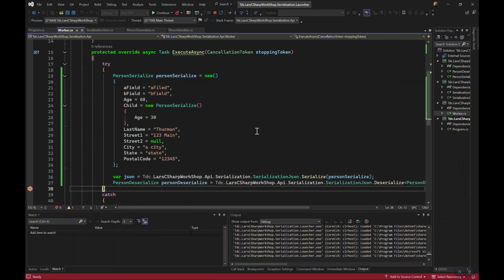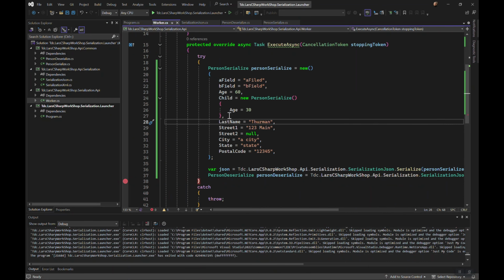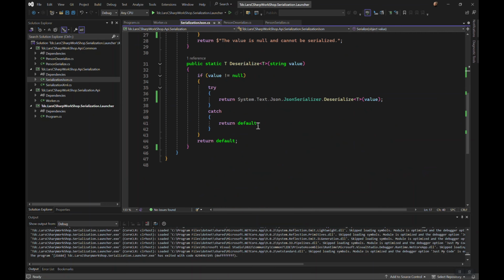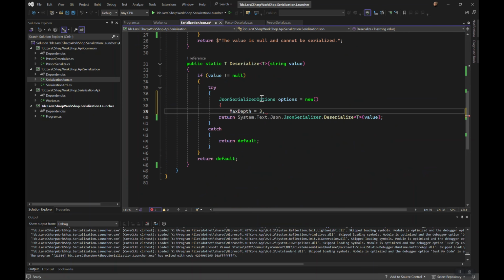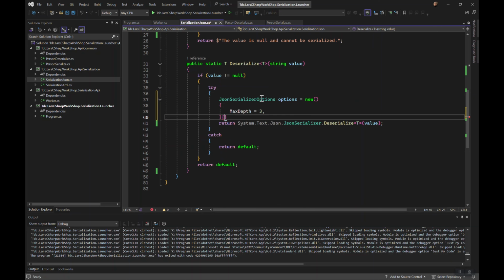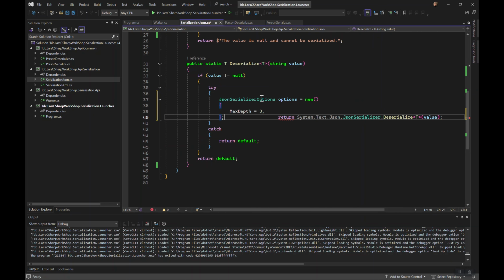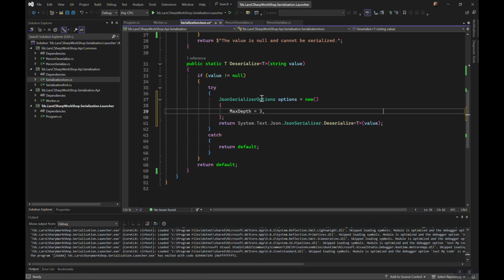The best advice I can give you if you're having any problems with MaxDepth, and that's why you came here to figure this out, is to keep increasing it one number at a time until you get to proper covered depth. Now, the problem is on the other side of this, I could put this in my deserializer, and if I've got some strict thing going on over here where it says my max depth can only ever be 2,